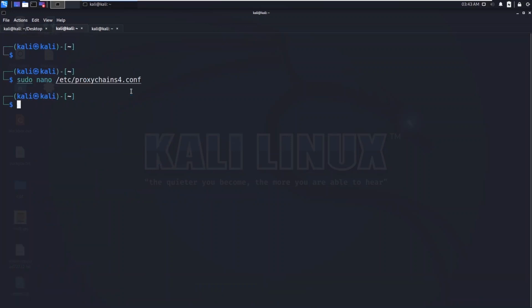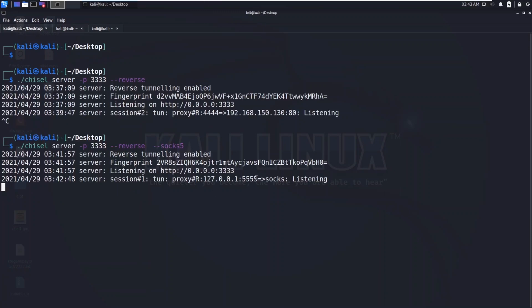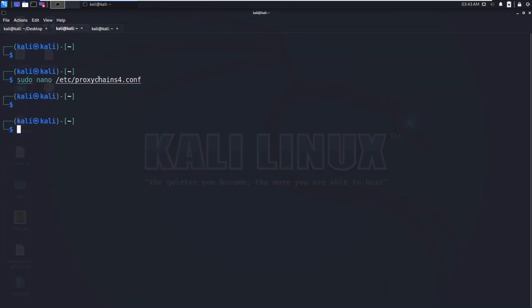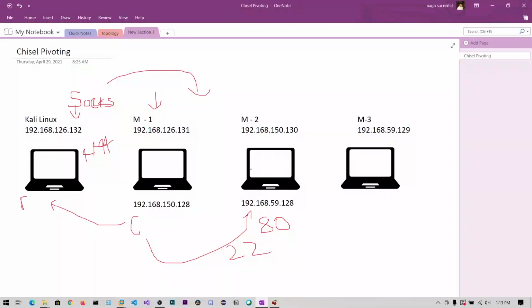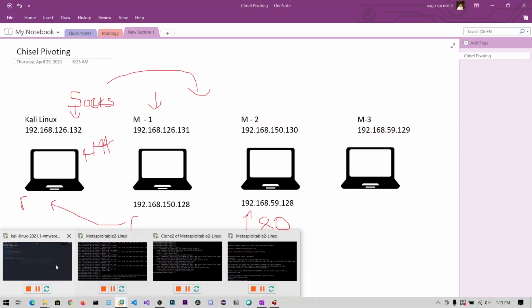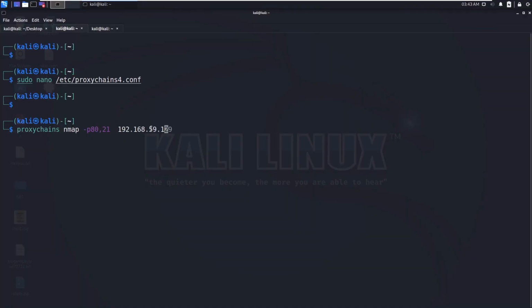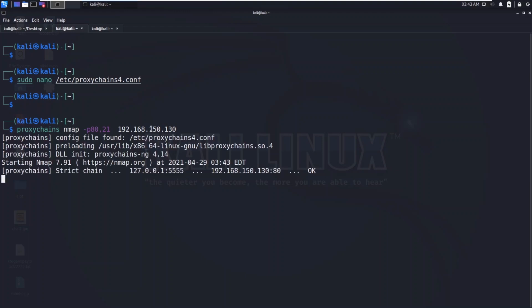So whatever packets you are sending via proxychains, it will be routed through the SOCKS. Sorry, so proxychains nmap. I want to scan the IP address, this one, 192.168.150.130. So 150.130, and hit enter.